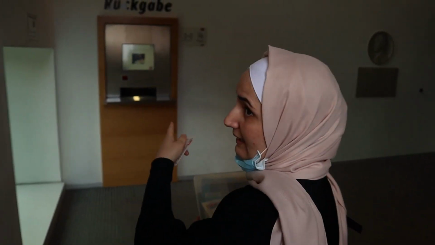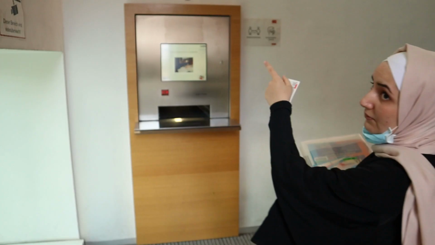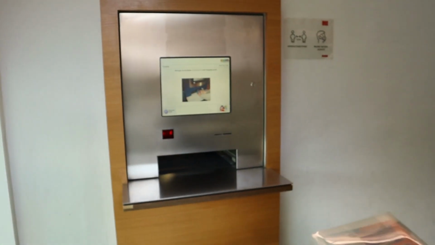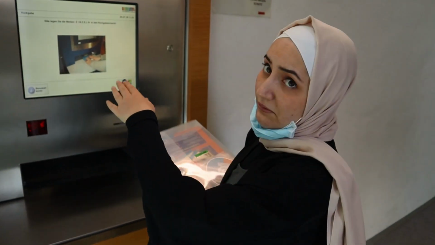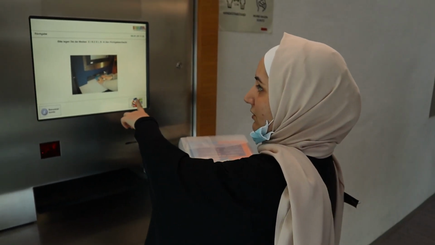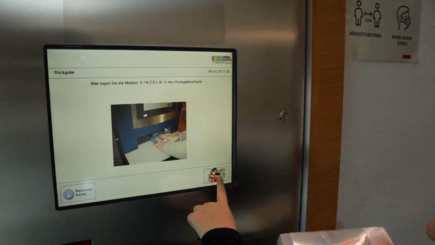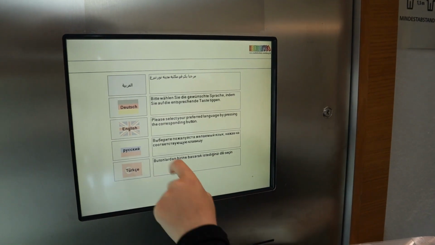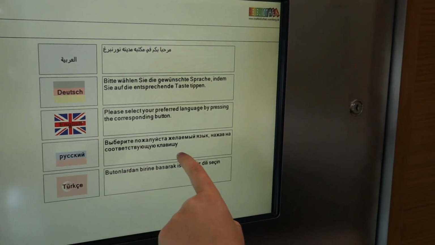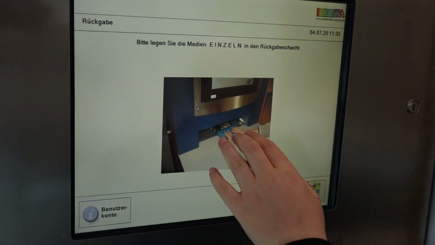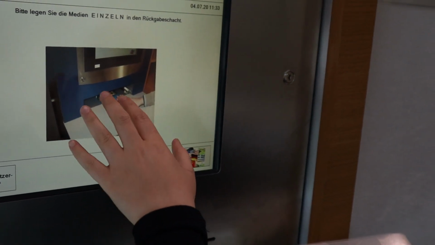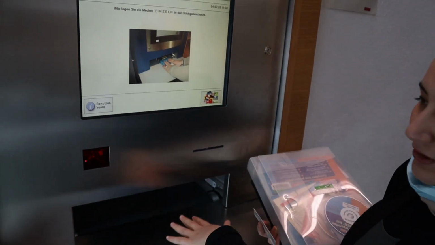As you can see here, you have something called Rückgabe, which means here you can return the books. Of course, you can read the information. You can switch it to English if you like. So I will choose English now. It's still in German, but it says just put the book in here.